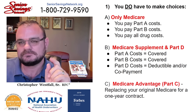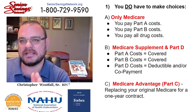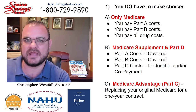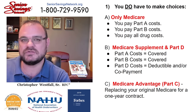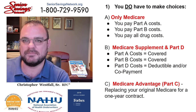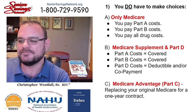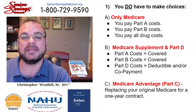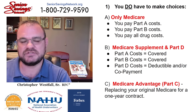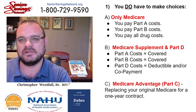Stick around. The other alternative to original Medicare and a Medicare supplement, where you can maintain the freedom and the flexibility to go to any provider anywhere for anything that's medically necessary, is a Medicare Advantage plan, also called Part C of Medicare. It's not really a part of Medicare. It's an alternative replacement to Medicare in the private sector. It replaces original Medicare. You can't just walk into your doctor's office and show your original Medicare card if you're on a Medicare Advantage plan. That's a private HMO, PPO, MSA, or PFFS plan, a private Medicare Advantage plan,